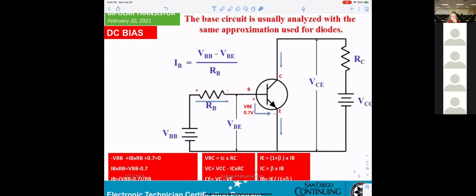High on C and low on common. Exactly, that's what I'm telling you. High connects to C and low connects to the common.